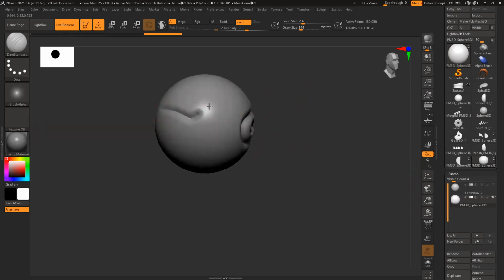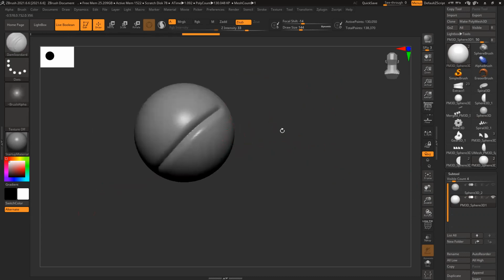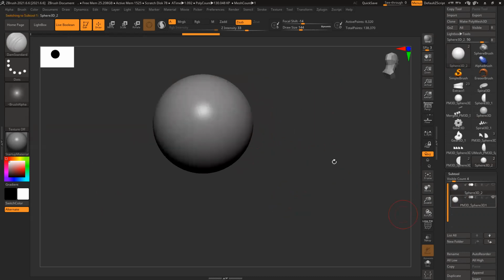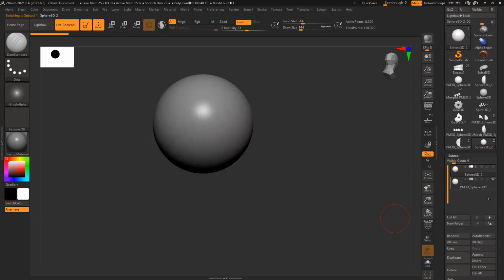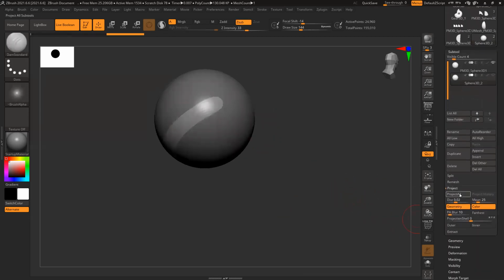Some design I want to create, or just a cut or something. So I want to project this design on this model. This is my model, so this I want to project, move it down. This should be up. Control D, project all.